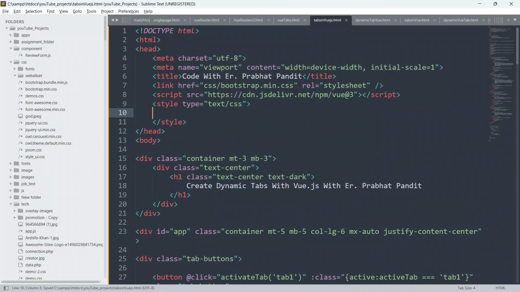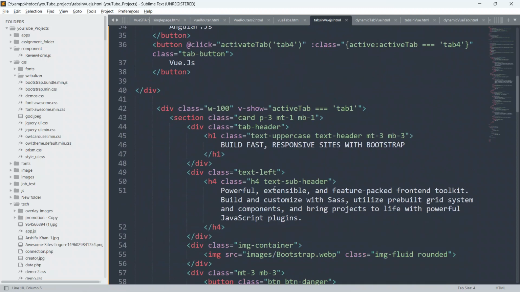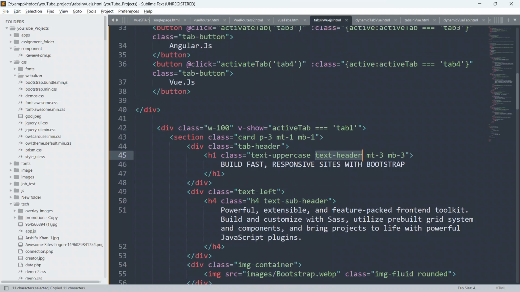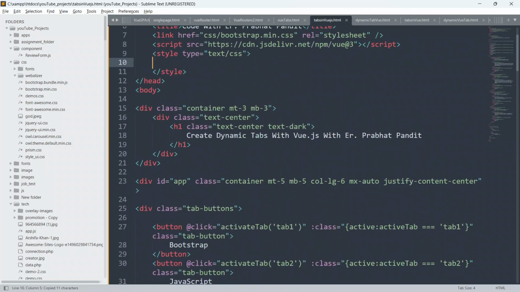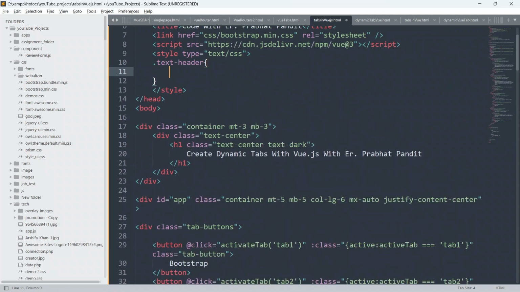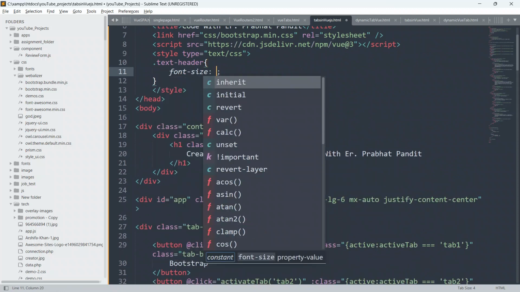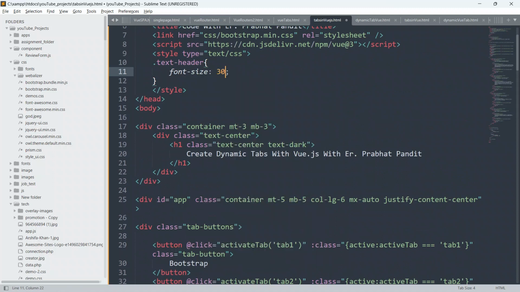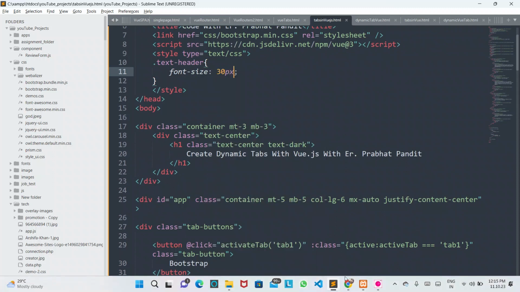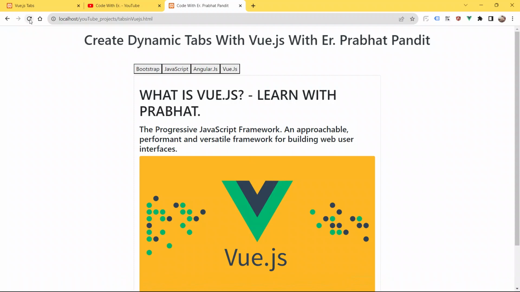First of all, copy this text header class from here, go to the style sheet, put a dot, and open and close curly braces, and set font size as 30px. Now save your code, go to the browser and refresh the page.